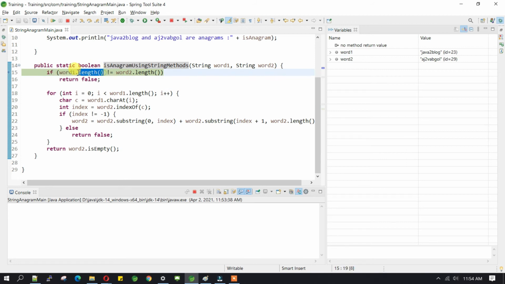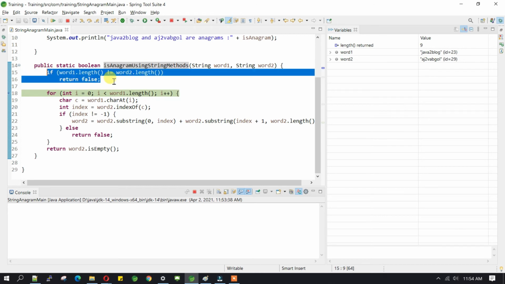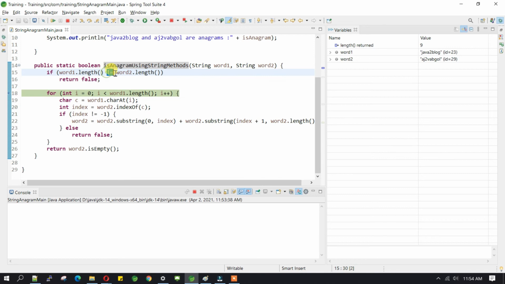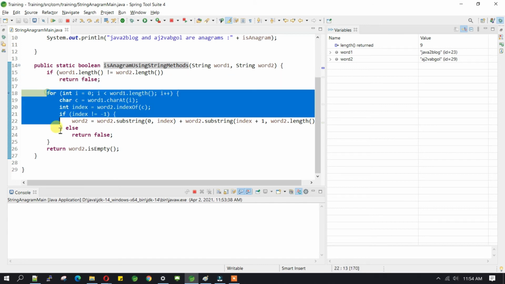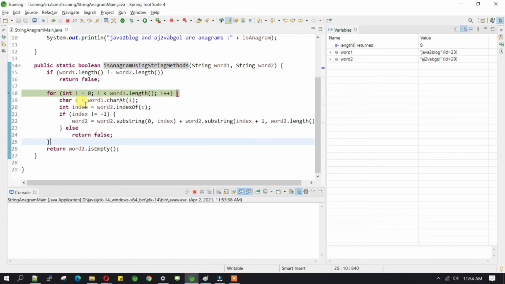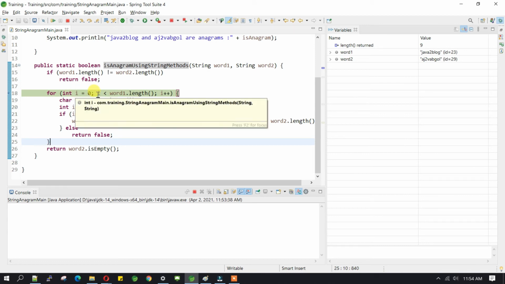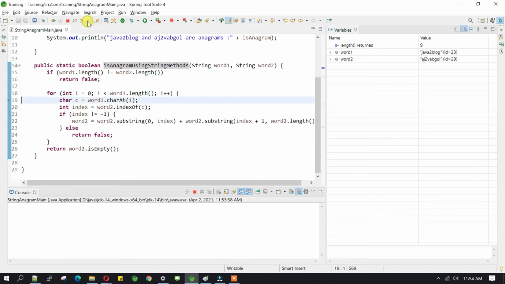Okay, so we are at this line, right? So let's check whether the length of word1 and length of word2 are equal or not. Okay, so these are equal, so it's coming out of this condition. To understand, you can have curly braces over here, but if you don't have them, it is well and good, there is no issue. Here we are checking not equal to, and this condition becomes false, so it will not execute this and it will come out and go to the for loop. Okay, so we are trying to iterate the first word and see what is happening.